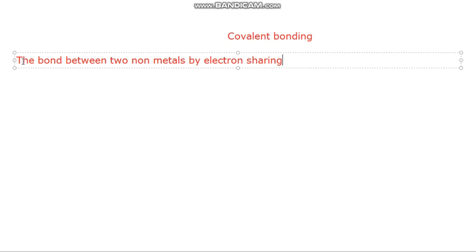We have different examples for covalent bonding. The first example is the hydrogen molecule. It is the simplest covalent molecule. As we know, hydrogen contains one electron. So if we have two hydrogen atoms,